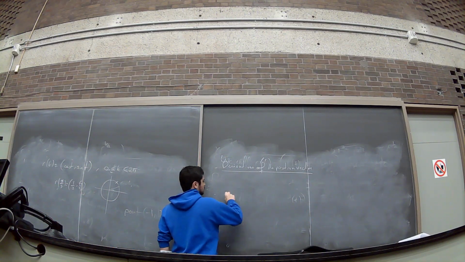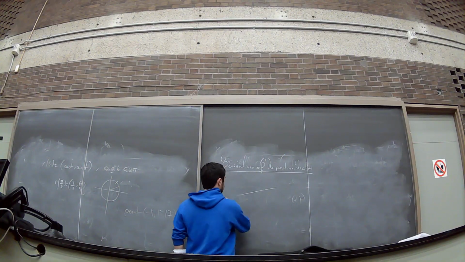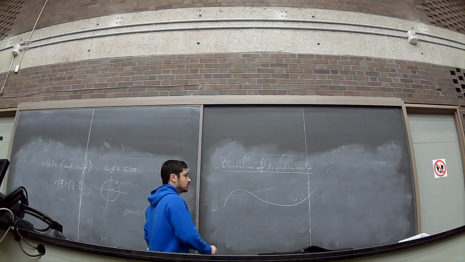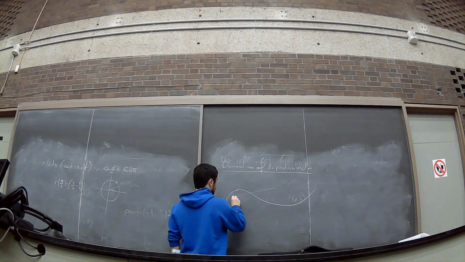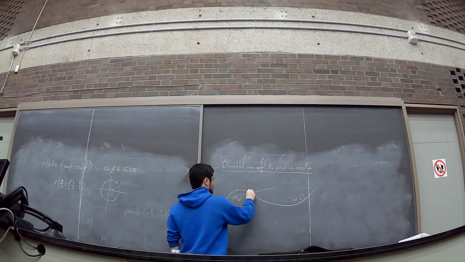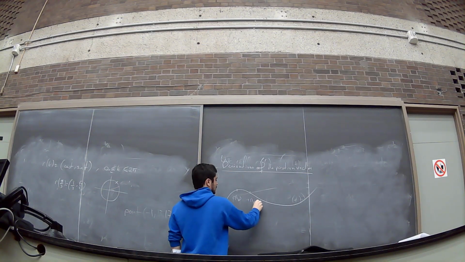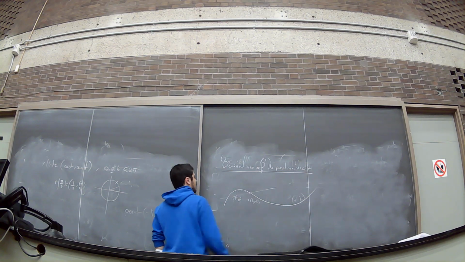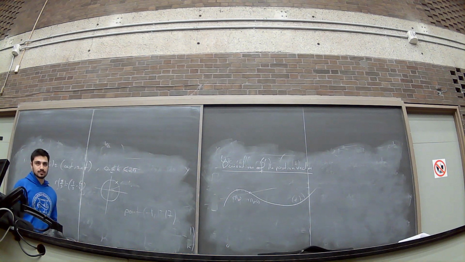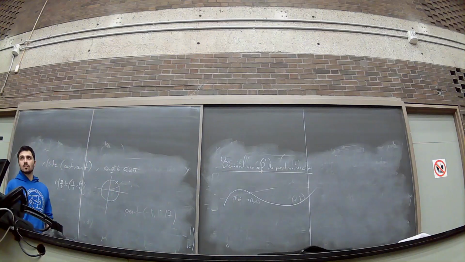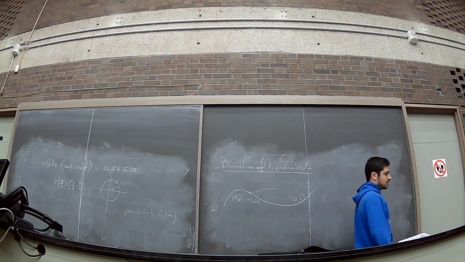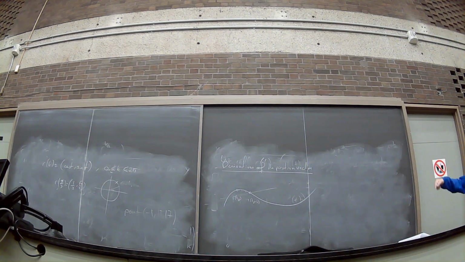Now if I have R of t, so let's say I have a curve here. Well, this is a bad curve. I have a curve in 3D space, and the position here, this is R of t0, let's say, and this is R of t0 plus h. And I draw this. Okay? I have 2 points. R of t0 is a point, R of t0 plus h is another point. Now, if I draw the line between these two things,